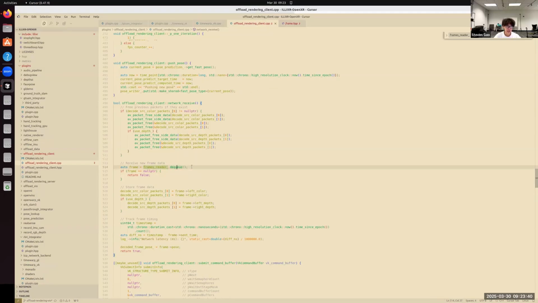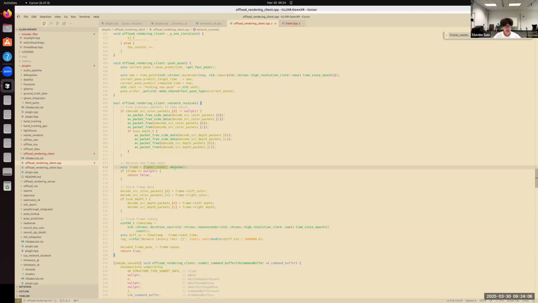Dequeue removes a message from the buffered reader in FIFO order, so it would give us the earliest frame that was enqueued. And it is blocking as well. If there are currently no messages, the buffer reader would block until something is added.